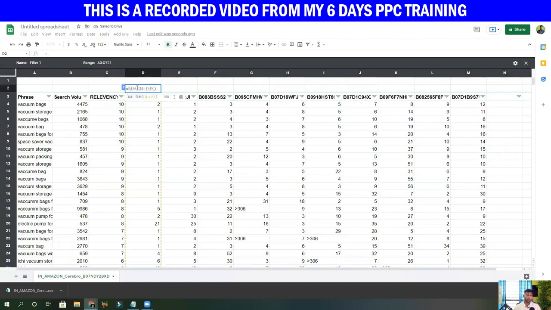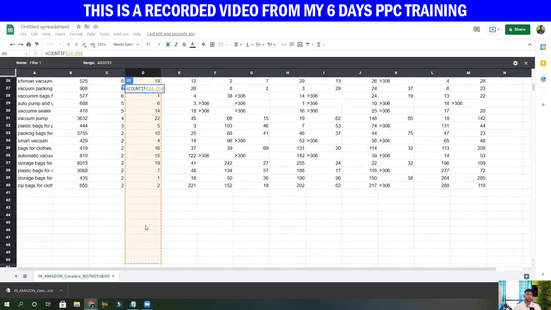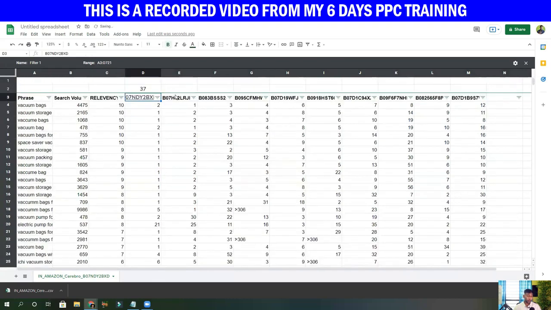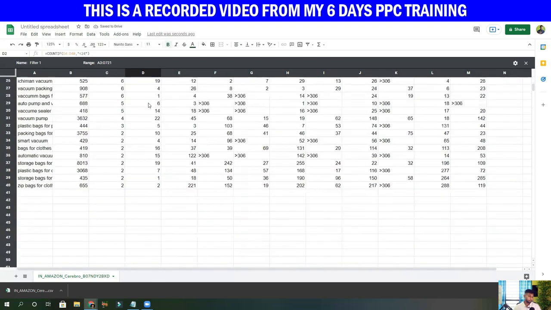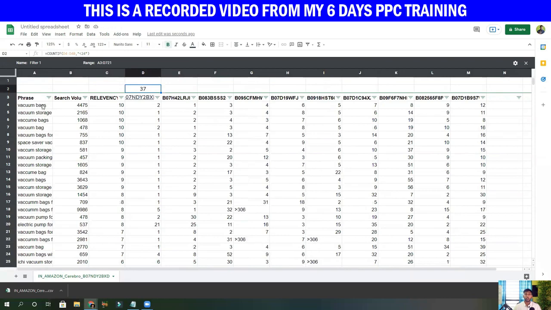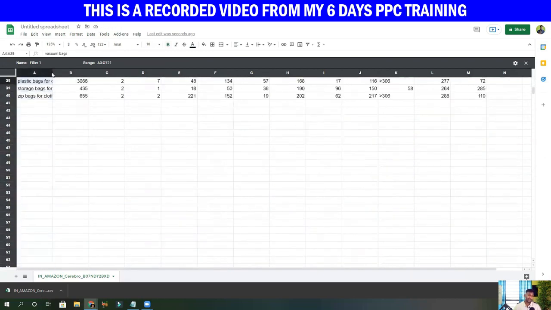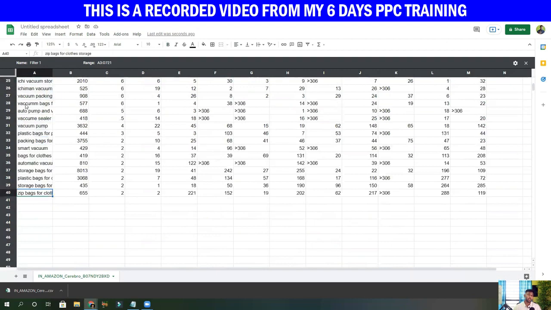Now what we are going to do is count. Let me just first use it, then I will show you. We are going to count how many of these are less than 24. Out of this, how many keywords are there? Let me just check. Okay, 1, 2, 3. So you can check it is a total of 37.